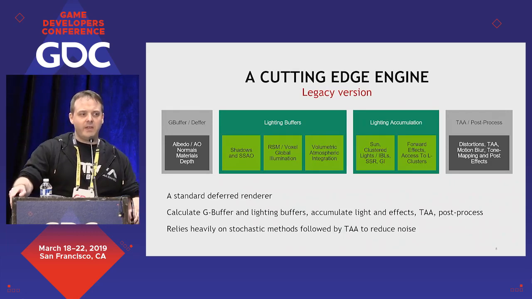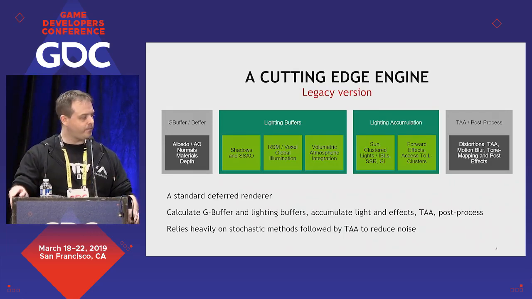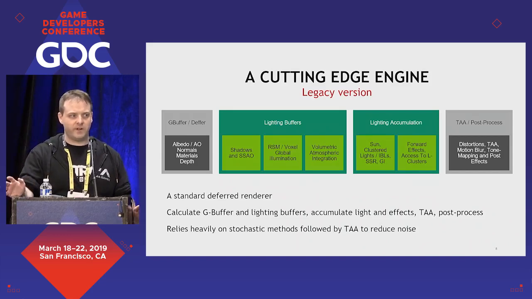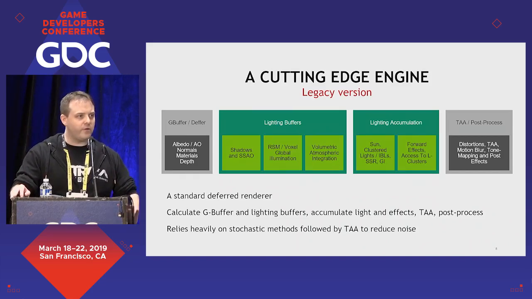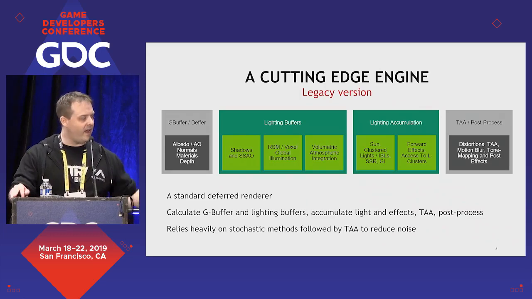So I'm going to explain the changes we've made to our engine. This here is a diagram of a very typical deferred renderer. And the structure of the 4A engine is typical. It's something you'd be very familiar with. We start with a G buffer where we pre-compute most of the scene's information, normals, depth, material information and such. We then have a